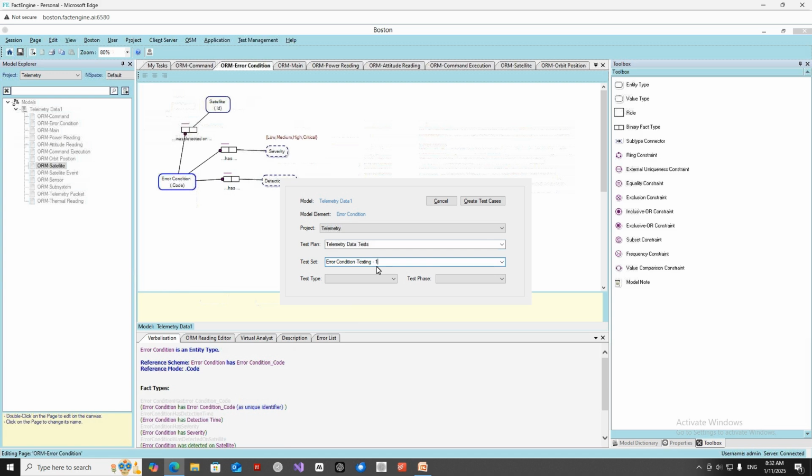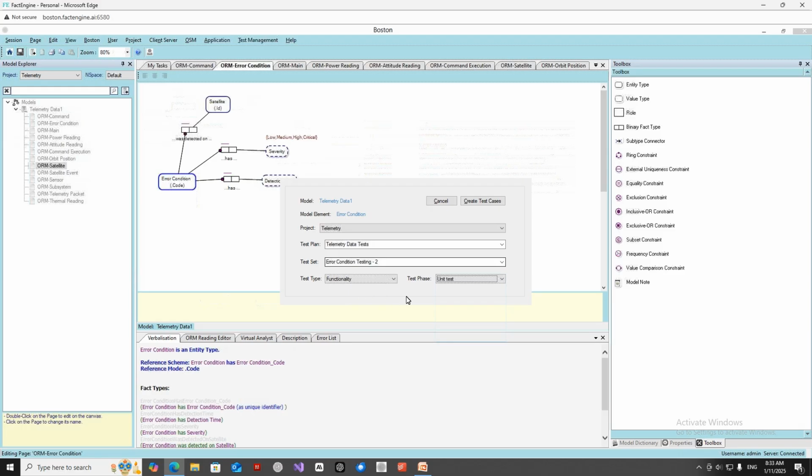This is actually the second set, so I'm going to put 2, and we get to select the test type. So from documentation, fitness of use, functionality, installability, maintainability, etc. And we're going to test functionality, and we're going to do a unit test, so the test phase,